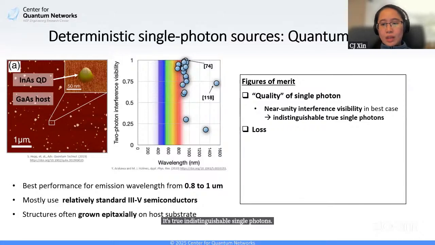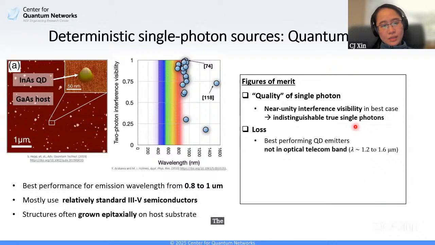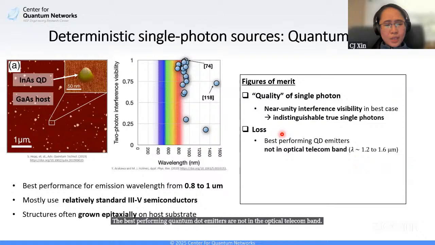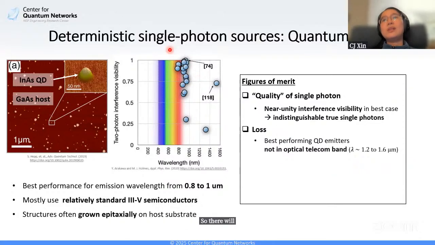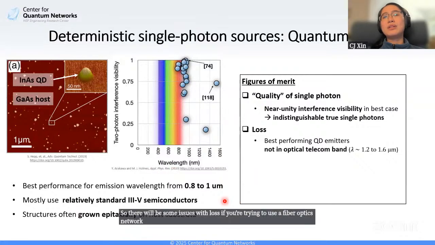What about loss? The best performing quantum dot emitters are not in the optical telecom band. So there will be some issues with loss if you're trying to use a fiber optics network, but at 800 nanometers to 1 micron, especially if you're doing free space, like ground to satellite,